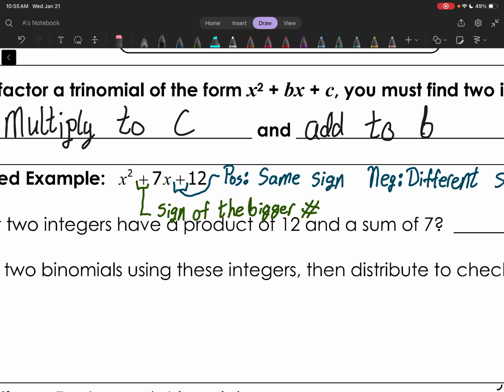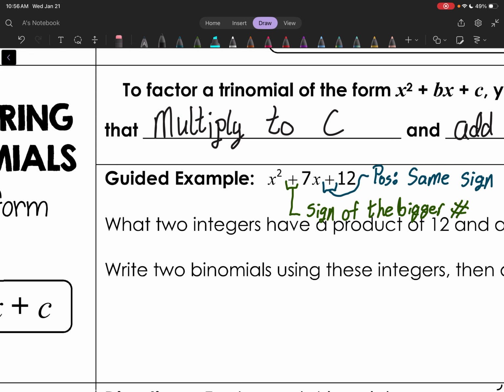So here's what we're going to do. We're going to break down the factors of 12. So 12 can be broken into 1 and 12, 2 and 6, 3 and 4. Now, if you don't know how to find the factors in your head,